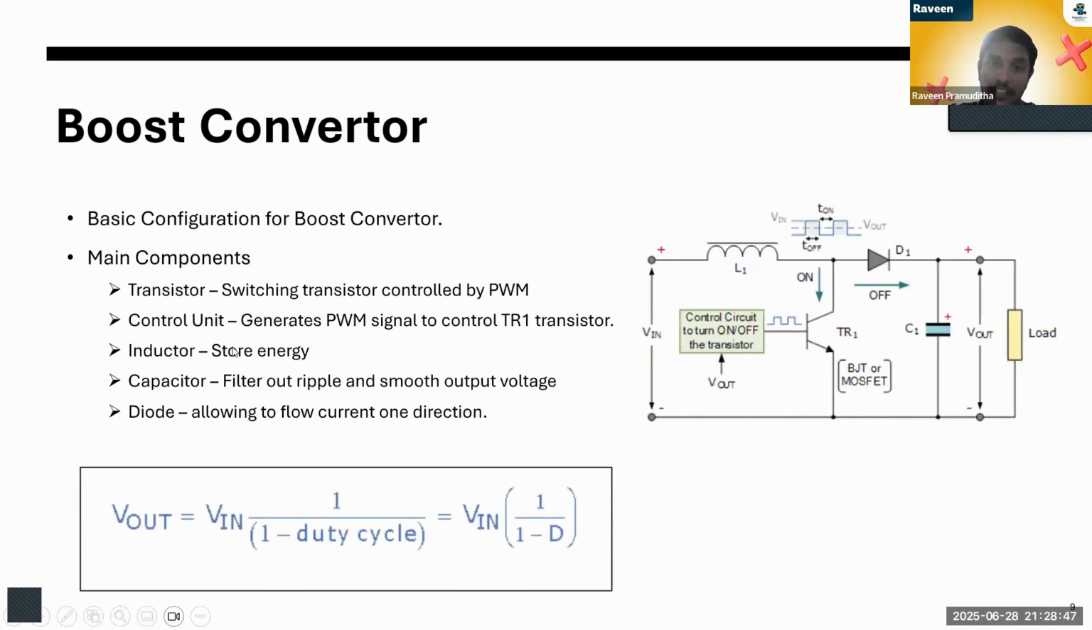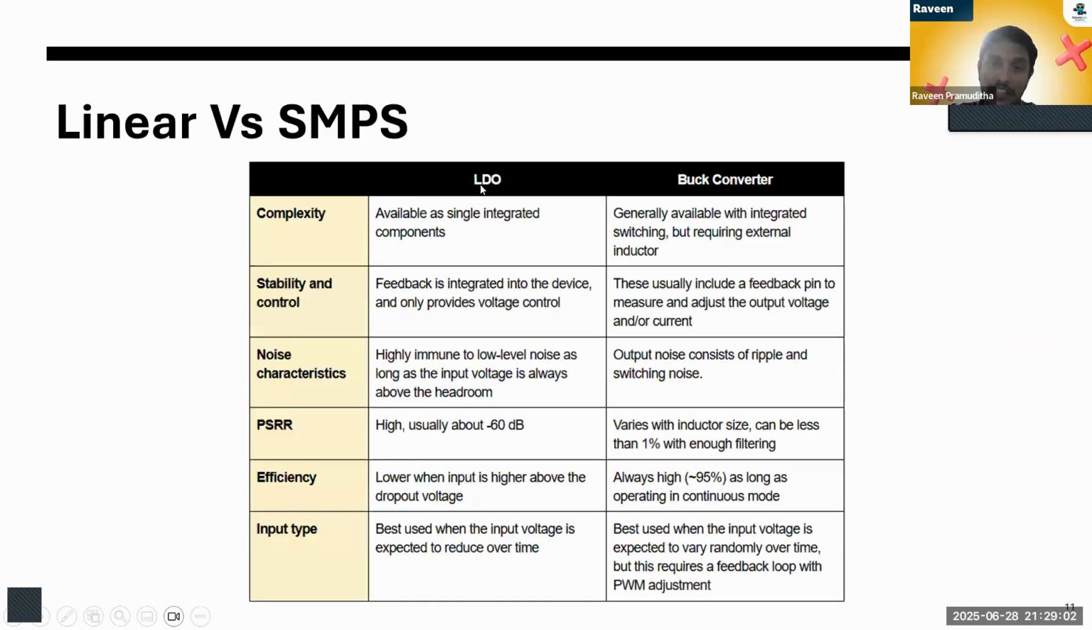So there is some comparison between linear power supplies and buck converters. We use an LDO, a low dropout voltage regulator, to regulate small voltage differences. We use buck converters when we can get a larger voltage gap between the input and output. So when we consider complexity, the buck converter